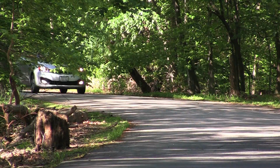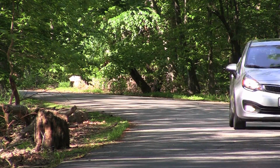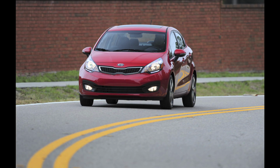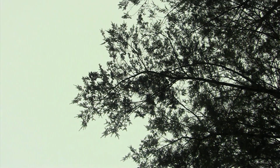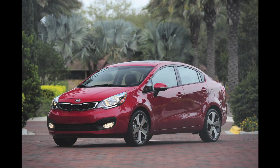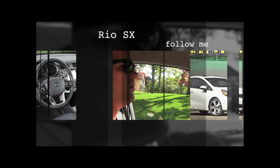The base price for the Kia Rio SX is $17,500. The price as tested with the $2,200 premium package, which includes navigation with real-time traffic, power sunroof, push-button start with smart key, and heated leather-trimmed seats, plus another $95 for carpeted floor mats and $750 for inland freight and handling. The total price as tested came out to be a little over